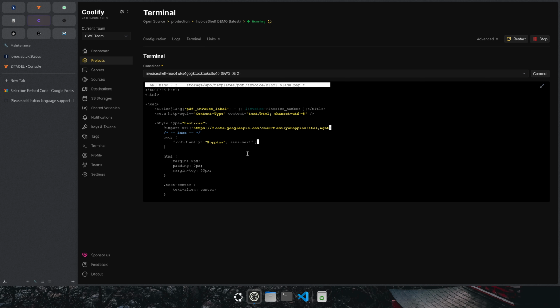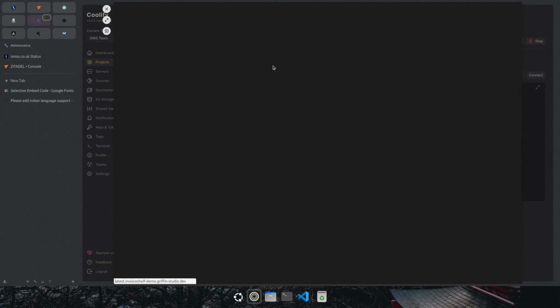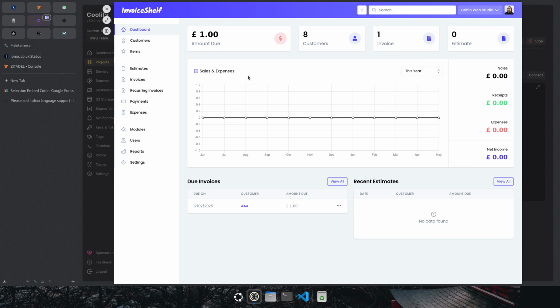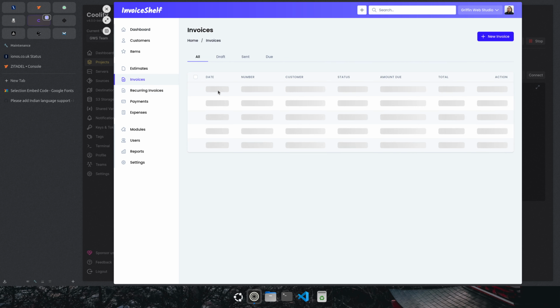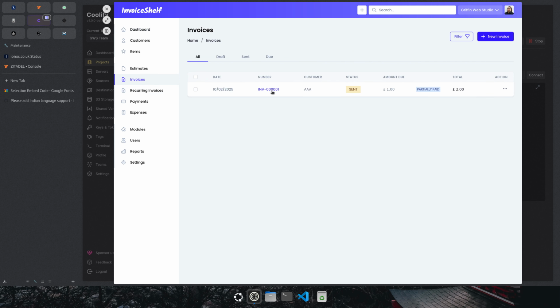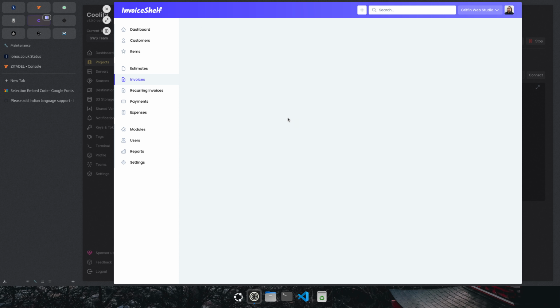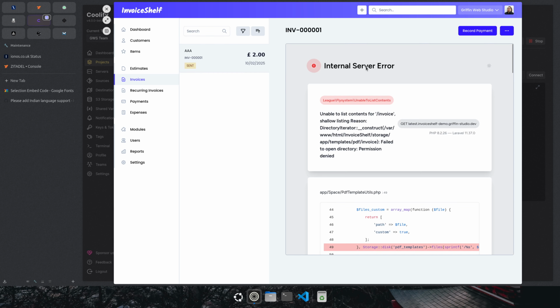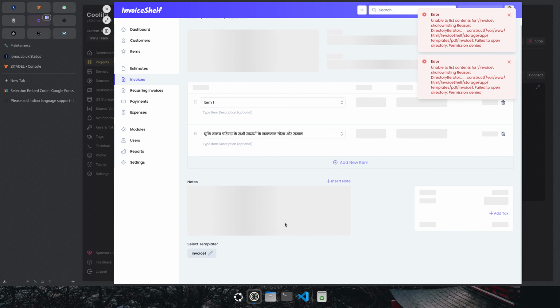Now, I'm not going to save it just yet because I want you to see what's going to happen if we don't have the font changed. So if we go inside the InvoiceShelf instance, under invoices, I have an invoice already over here. As you can see, well, it's using a template that doesn't exist, or